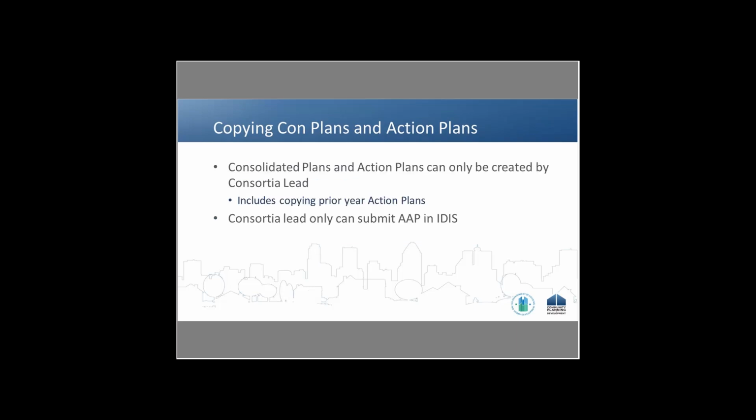The last note I want to make on 2018 action plans, and action plans in general, is for the consortia grantees that are on the line. Looking through the list, it looks like a number of you are here. As a reminder, consolidated plans and action plans can only be created by the consortia lead. This includes copying or creating a new blank template. That action can only be taken by the consortia lead. The consortia lead is also the only member of the consortium who can submit the action plan or the consolidated plan